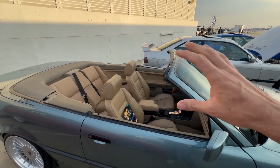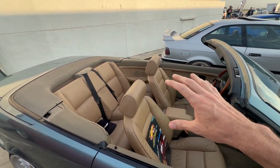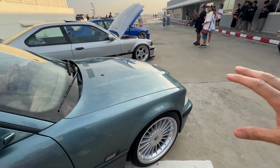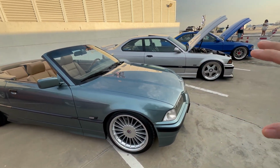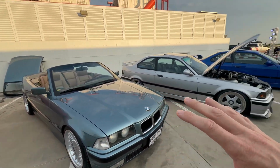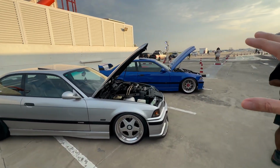So to see a left-hand drive convertible, brown leather interior, the hardtop there, that is quite rare, and that is really nice. Alpina wheels, a lot of nice touches on that car. So we've got a real row of beautiful cars, and then on the end we've got a couple of two doors here,